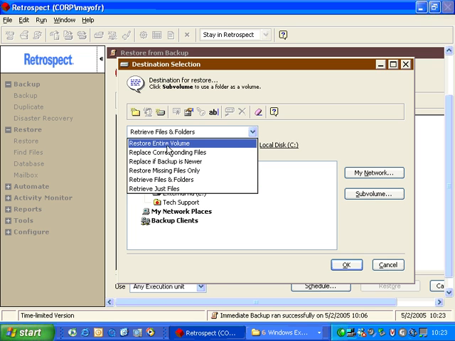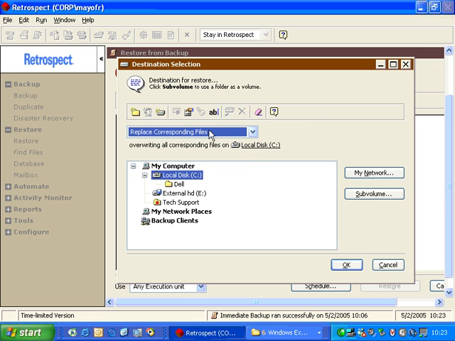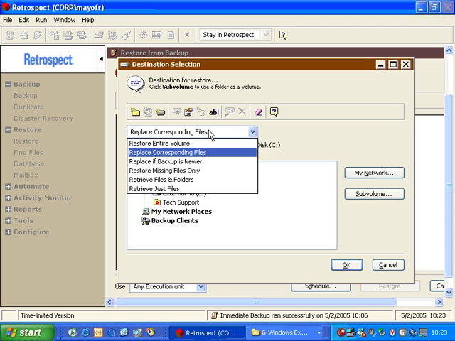I can restore the entire volume so that all the files go back to where they came from originally, replacing the ones on the hard drive with the ones that are on the backup, replacing corresponding files, which will restore identically named files that have changed back to their original path, replace if backup is newer, which restores only files that are newer than the ones that are on the hard drive,